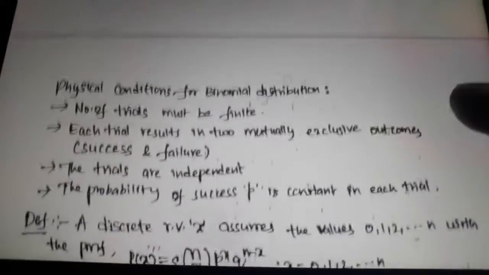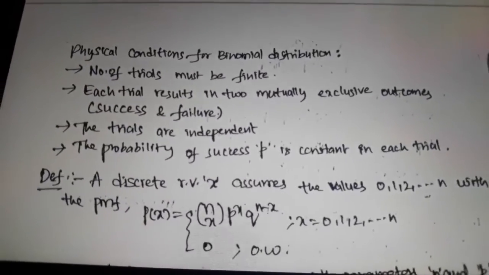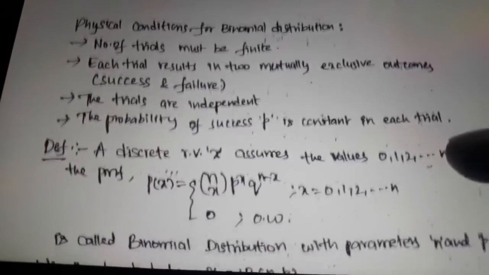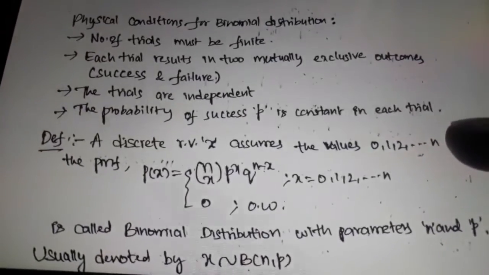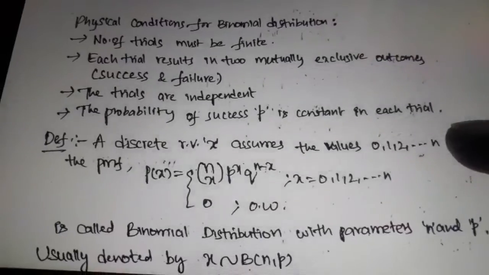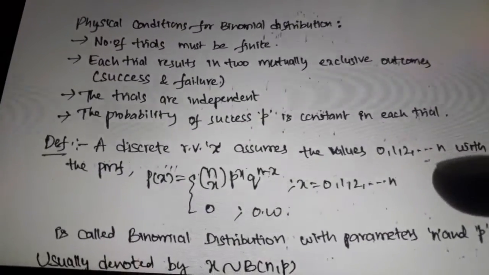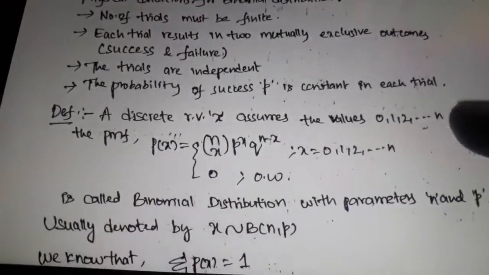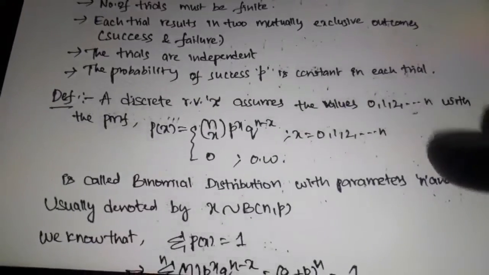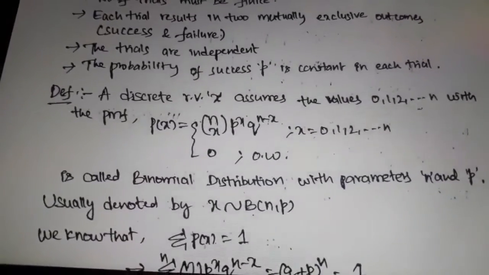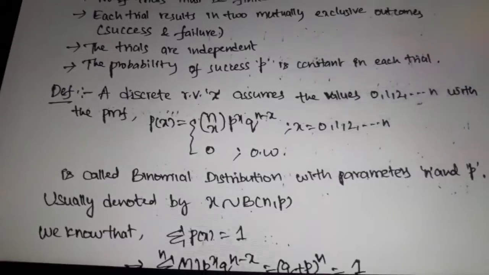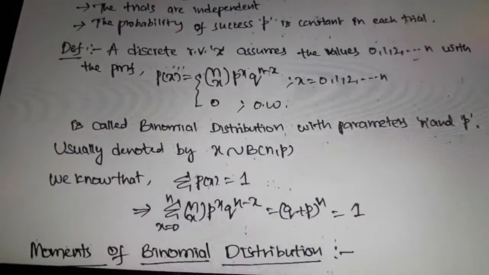So, what are the different conditions involved in the binomial distribution? The number of trials must be finite. Each trial results in 2 mutually exclusive outcomes, success and failure. The trials are independent, everyone knows very well. The probability of success p is constant in each trial. Then how to define the